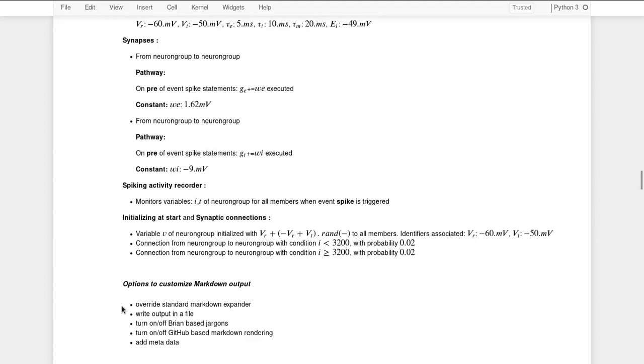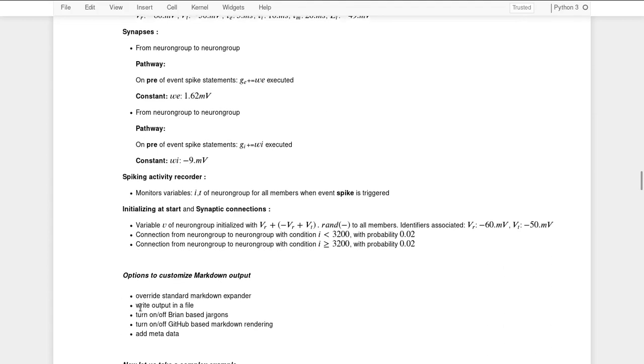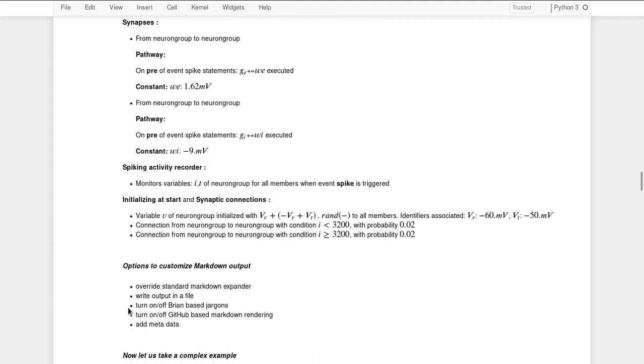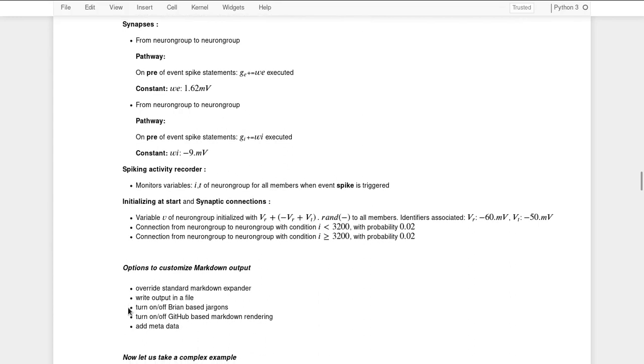So we can easily inherit it and override the functions according to our need. Also, there are other customizing functions like writing the output to a file and turning Brian jargons on and off. Suppose someone wants, instead of having a spiking activity recorder, to have a spike monitor, which is the name of the Brian component.